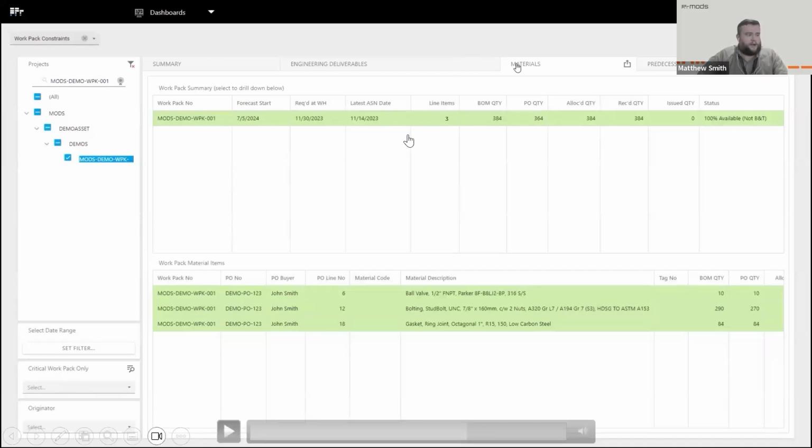So we can see a list of the work packs with the overall summary. In this case here, we've got 100% of the materials available at the warehouse, but they've not been bagged and tagged in this case. We've got our 3 line items here. We can see what PO it came on, who was the buyer in case we need to get in touch with them. We've got the PO line number, material codes if they're included in the system, material descriptions, and then